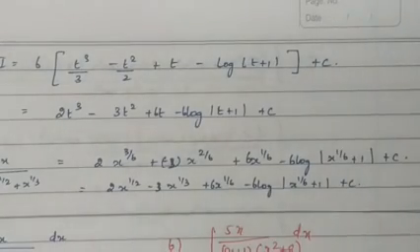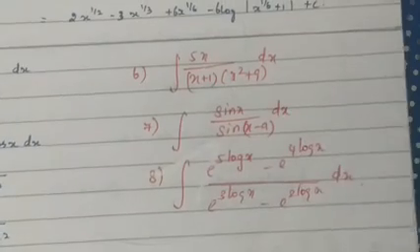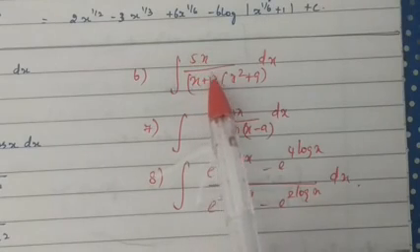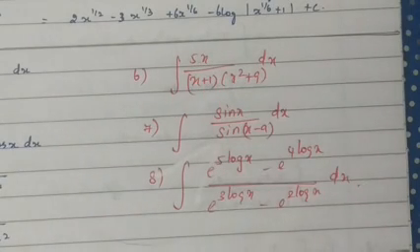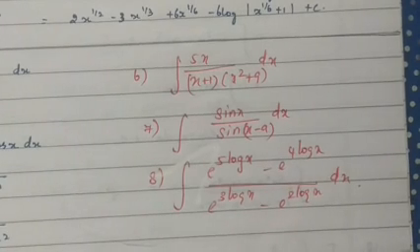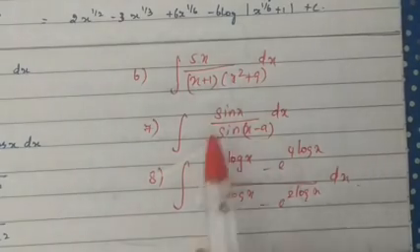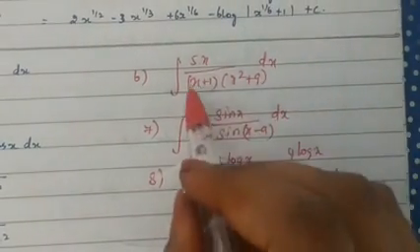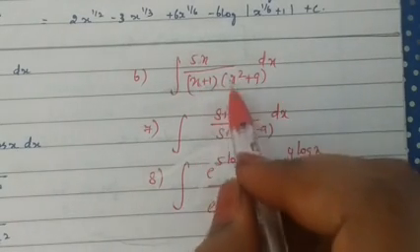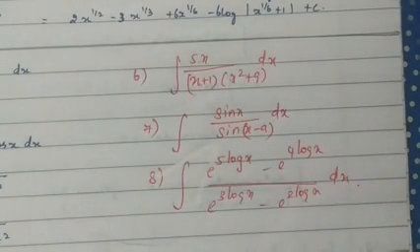The next question, the sixth question. Questions 6, 7 and 8 are homework sums; I will just explain how to do them. Here also, when you observe 5x plus 1 divided by x plus 1 into x squared plus 9, the denominator is a product and we cannot factorize it further. So you can write it as a divided by x plus 1. Since it is a quadratic, you need to write linear: a divided by x plus 1 plus bx plus c divided by x squared plus 9. After that, apply partial fractions and write.